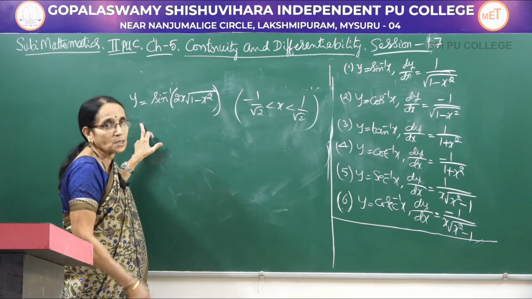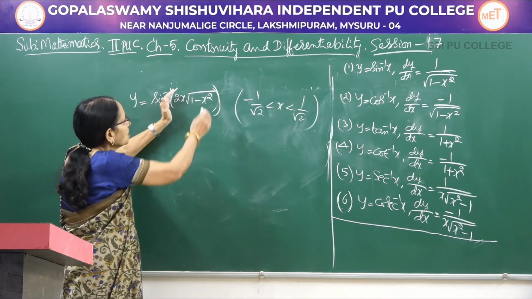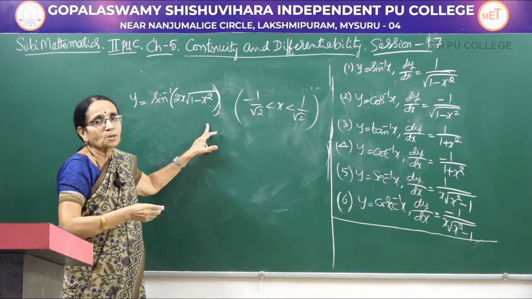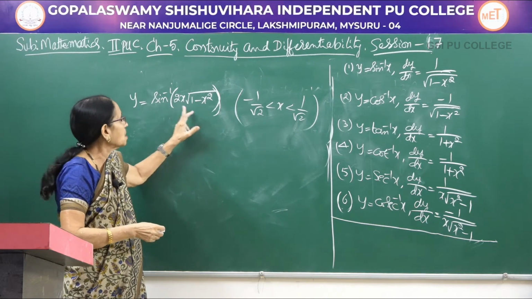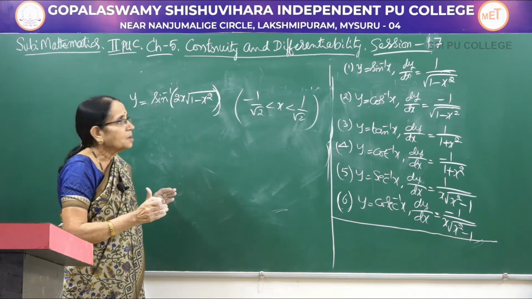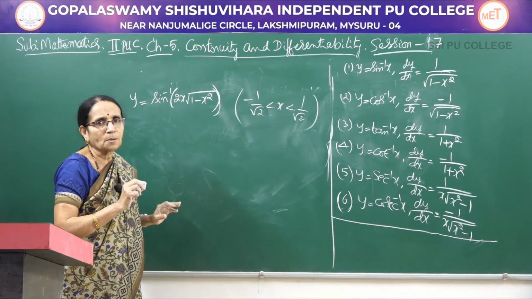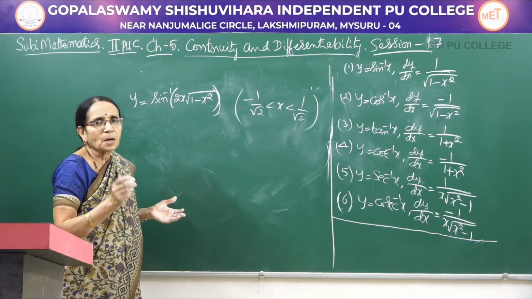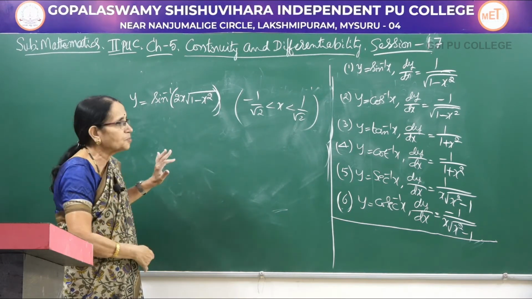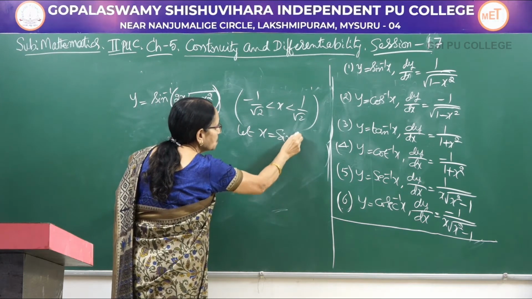So if you differentiate as it is, 1 divided by square root of 1 minus the square of the whole thing here, 2x into root of 1 minus x square. And again this is a function of x, we have to apply the product rule here, and for this term we have to apply the chain rule. So many rules you have to follow. First the sin inverse function, product rule and chain rule. If you could simplify the function by making use of a proper substitution, then this differentiation becomes easier. Now let me write, let x be equal to sin theta.